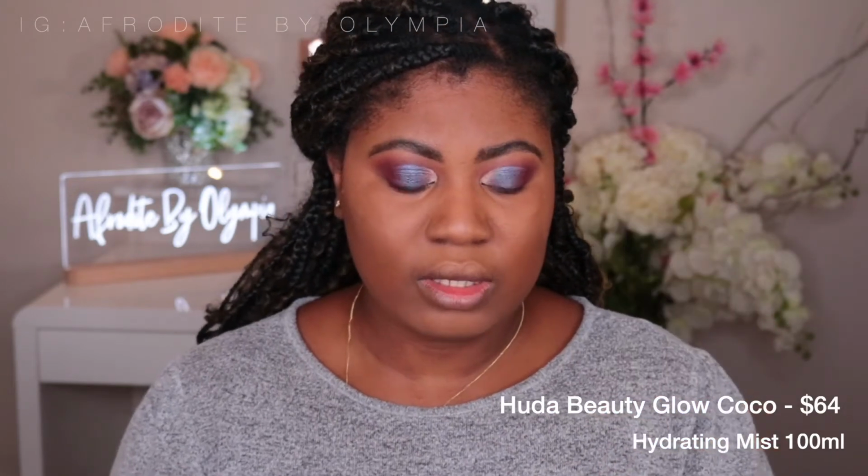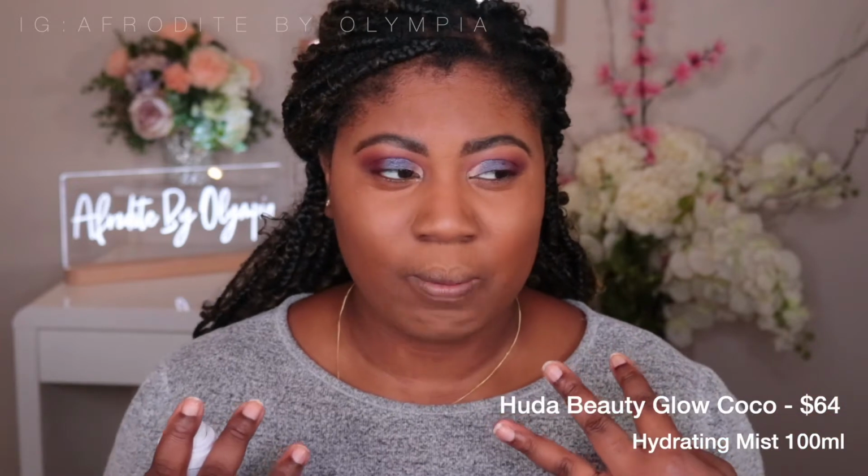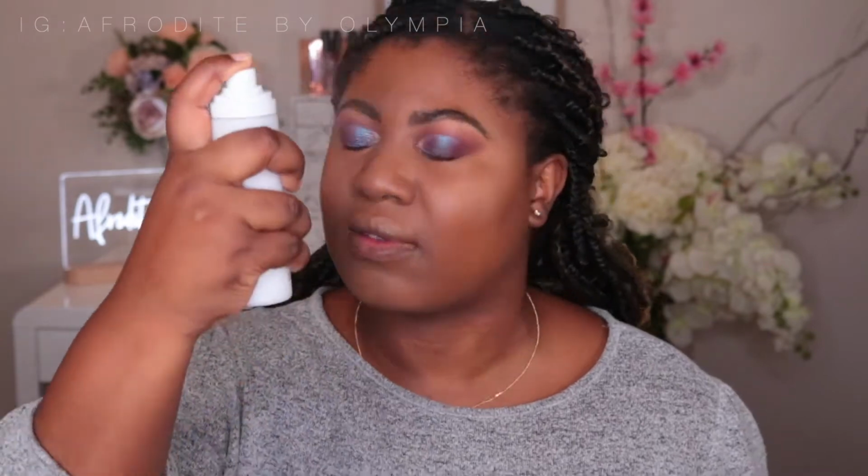I'm gonna use the Glow Cocoa Hydrating Mist at this point, only because I want to bring down some of the powderiness, and I kind of want to see what this does, because this is where I would normally spray to set before I move on to the next steps. So let's do this. Okay, before we move on, I'm going to now finish the eyes and then...